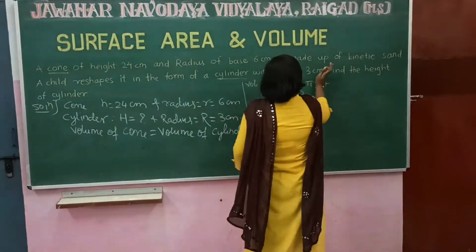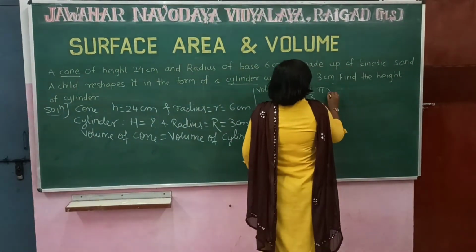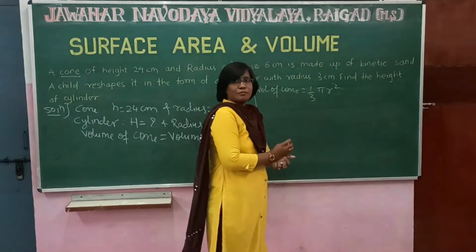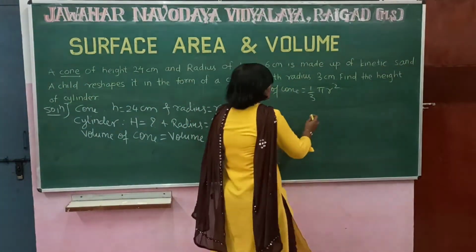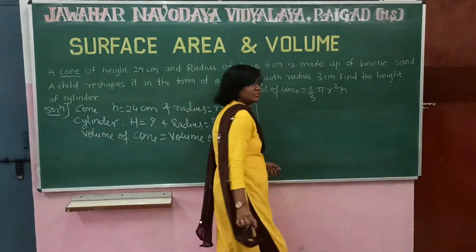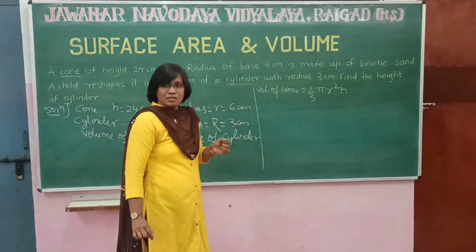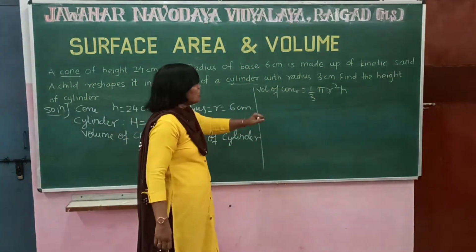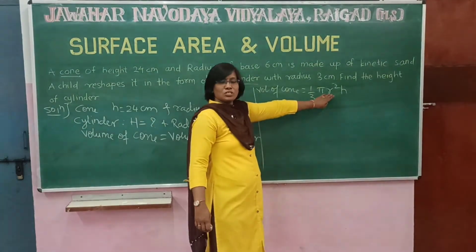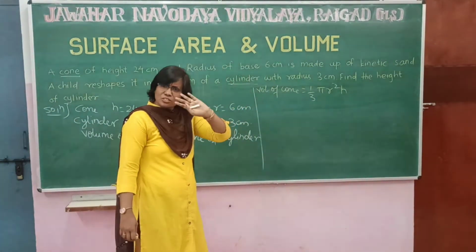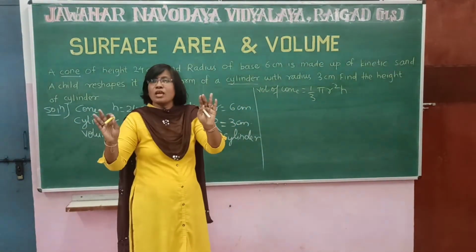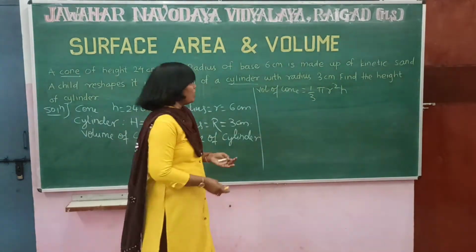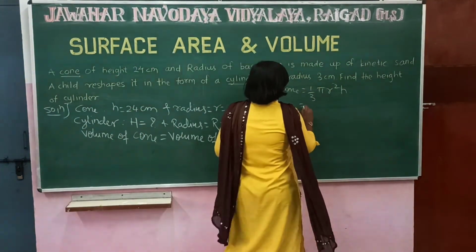It is a cone, so it has a small radius r, so pi r square, and h is also small. Thank you so much. Sit down. Now, shall I substitute here itself or shall I substitute it in the last? It is your choice. Whichever way you find easy, you can do that way. I will just substitute the values.